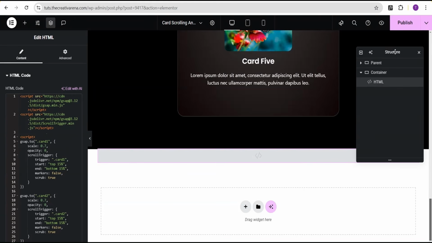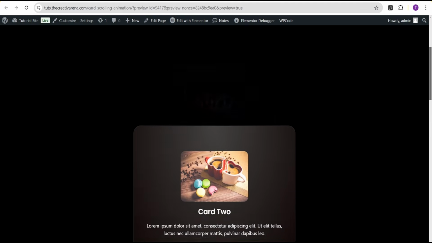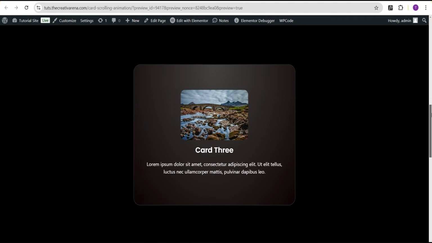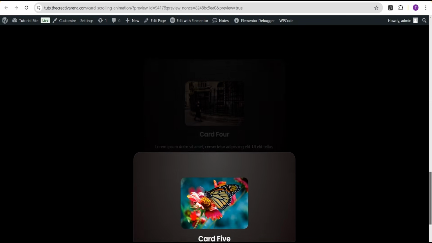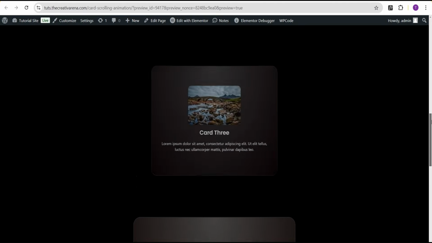Okay, then I'm just going to come over here and click on publish. Then we're going to click on this preview changes to see our design. So now when you come over here and scroll, you can see this wonderful scroll animation for the various cards. And then when you scroll back up,